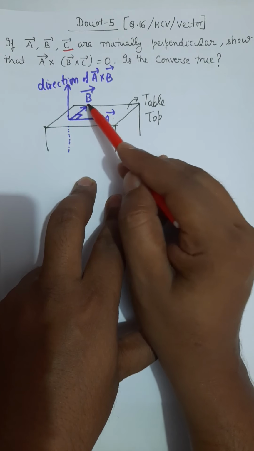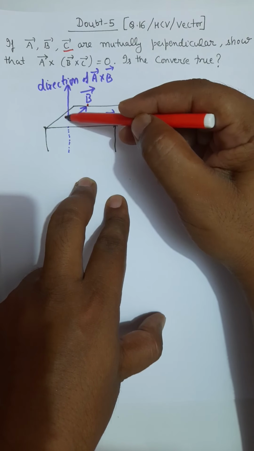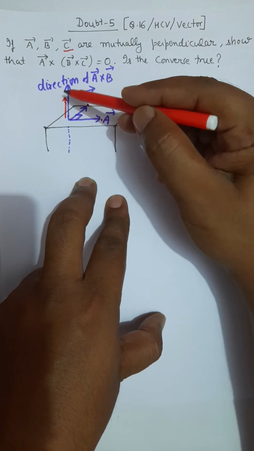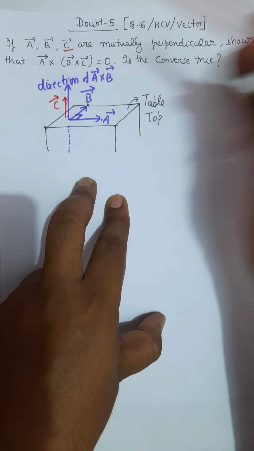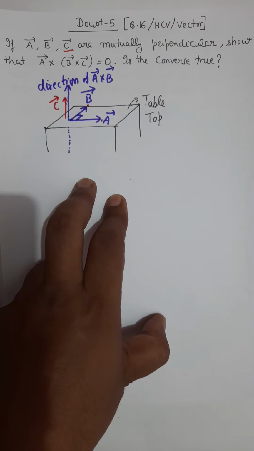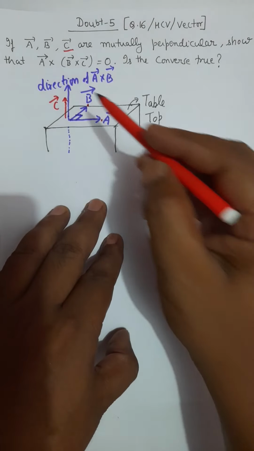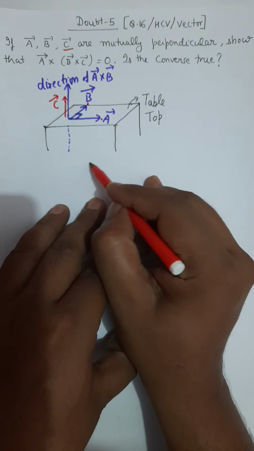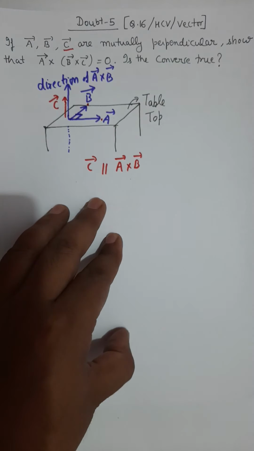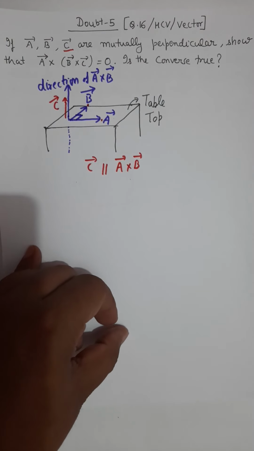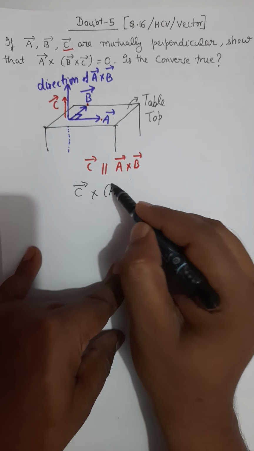If vector C is perpendicular to these two, it must be on this line, either upward or downward, but it must be on this line only. Then only vector C, vector B and vector A can all be mutually perpendicular. Which means vector C is parallel to A cross B. So if you further find the cross product of vector C and A cross B, if I find C cross A cross B,